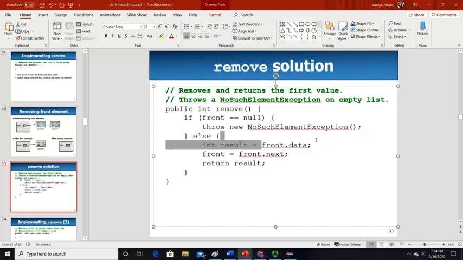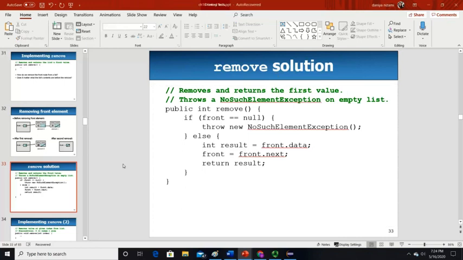You're just saving front.data, and then you say front equals front.next. That's the value you return as result. In this question, from the previous slide, they mentioned that you should return the value you are removing. That's why you store this value first in a variable and then return the variable. If you just have to remove the front, you just write front equals front.next, and boom, that value is gone.